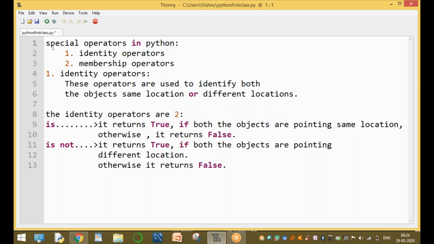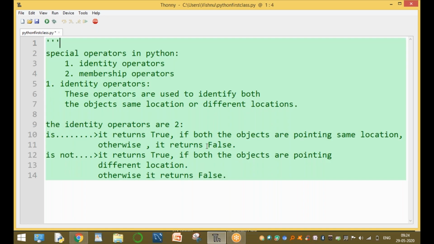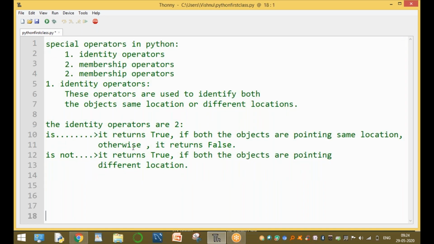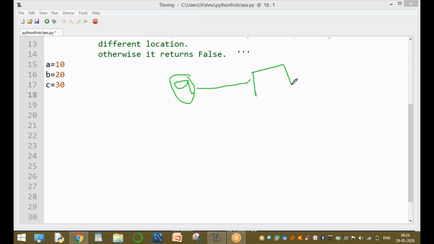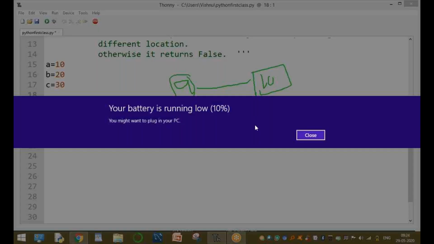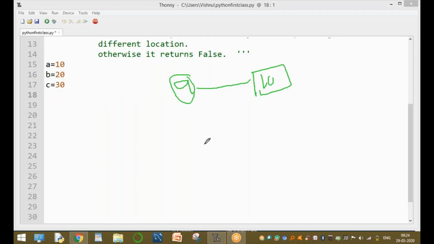For example, assume a equal to 10, b equal to 20, and c equal to 30. Now what is the meaning of a? A is an object which is pointing to the value 10.